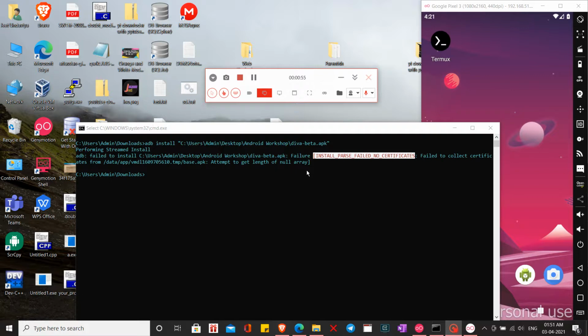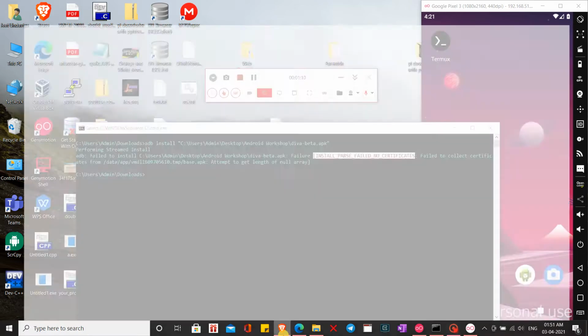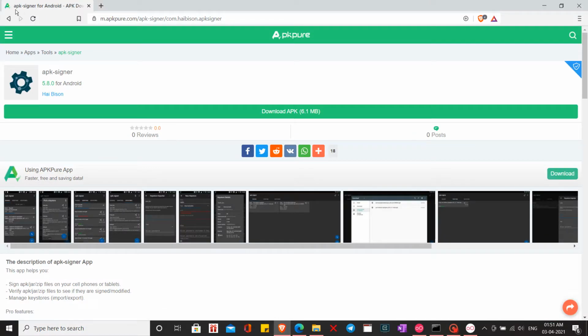There are multiple ways you can sign the application and install it the way you want. But I found an application which I guess you will also find on the App Store, or you can go to any browser and search for APK Signer. For now I downloaded the APK file from Pure APK.